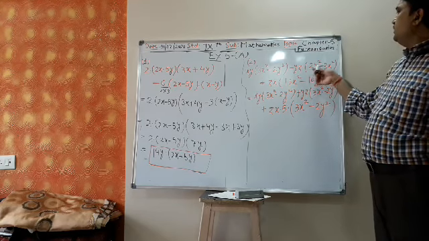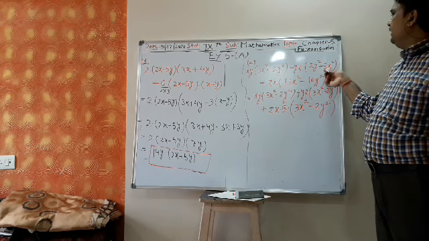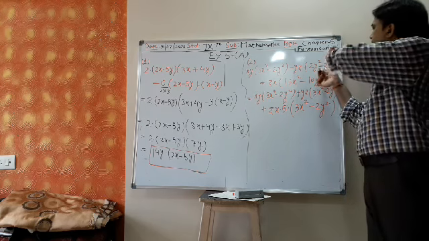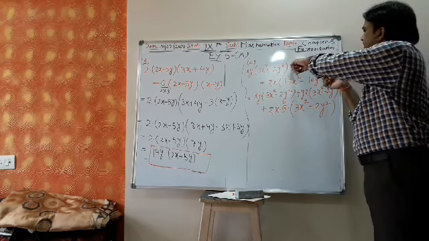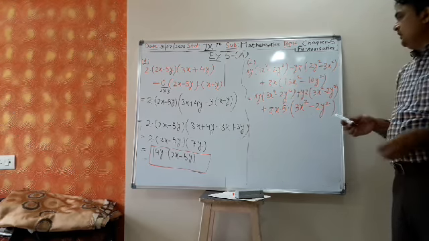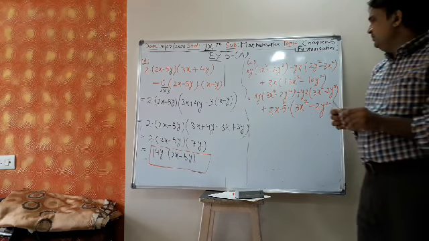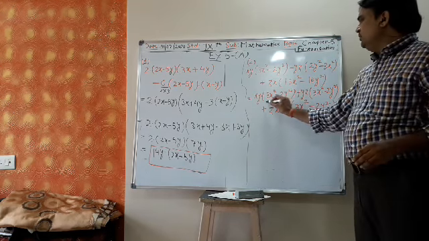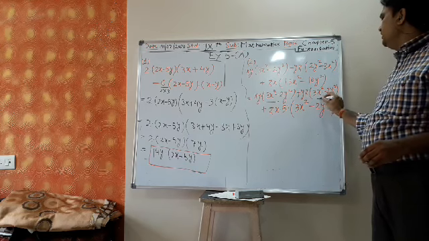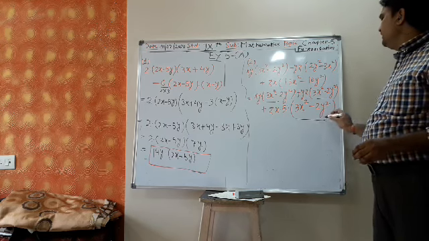The same thing we have done here. This 2y square minus 3x square, I have written as 3x square minus 2y square. So minus had gone outside, minus minus become plus 5. Now, is there any common term? This is a common term, no? This is common in all the 3 terms.